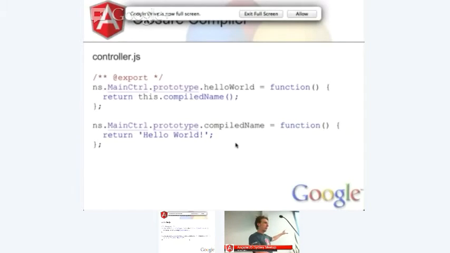It'll be much smaller. So this is a tiny bit of a bad example because if the compiler is working as I think it does, it'll actually inline that bottom function. But assuming that doesn't happen, you want the compiled name to go down to something like A, and you want hello world to stay there so that you can actually call it from outside. So this is what @export does. So @export tells the compiler, don't mess with this, I know what I'm doing, you can minify anything else that you like, I just want you to preserve this name. And also importantly, you want it to preserve everything underneath that name, which requires a little bit of tweaking, but it's very well documented in the compiler docs.